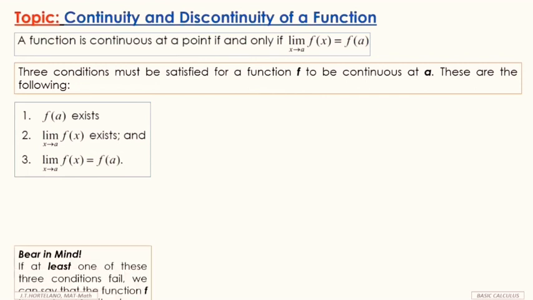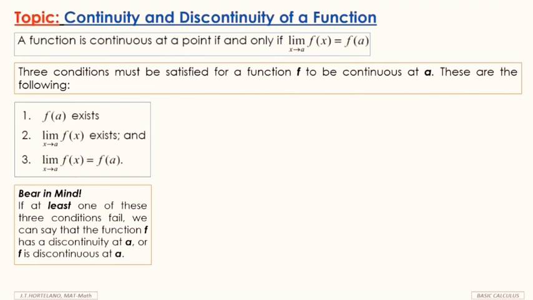Now bear in mind that if at least one of these three conditions fail, we can say that the function f has a discontinuity at a, or f is discontinuous at a. Now for the discontinuity of a function, actually we have different types of discontinuity. So the first one is